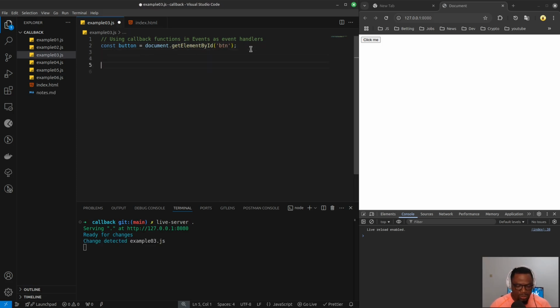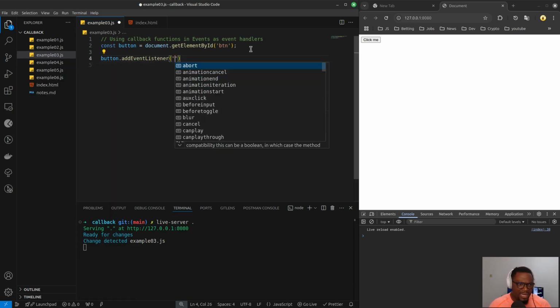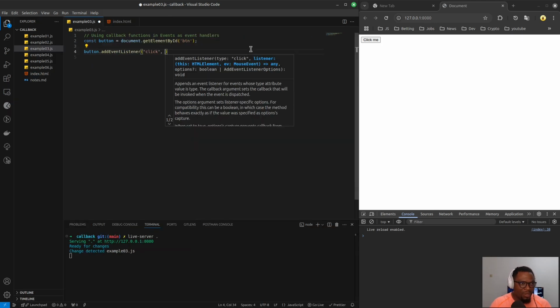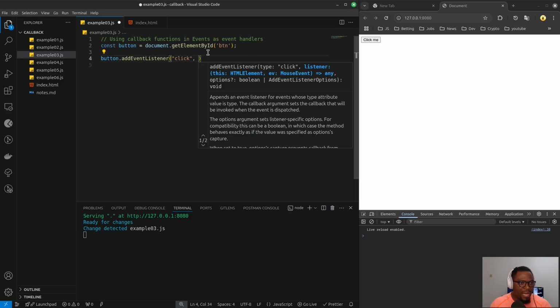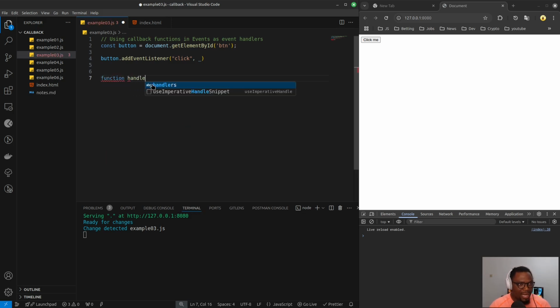And then we want to say button.addEventListener. And on the bottom, we have multiple events like abort, we have blur, but we're interested in the click event. And then we're going to pass in an underscore for now, which is basically going to act as a placeholder for our event handler. And then we now say function, and we say handleButtonClick, and it's basically going